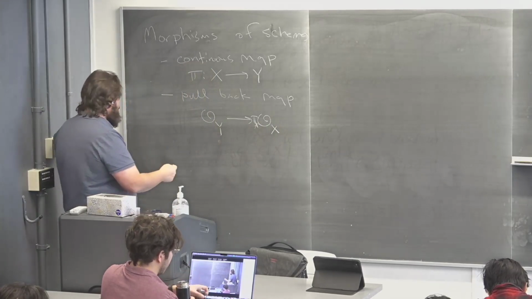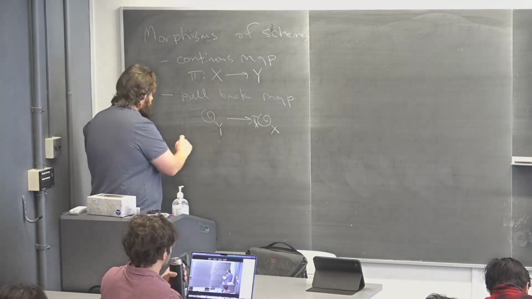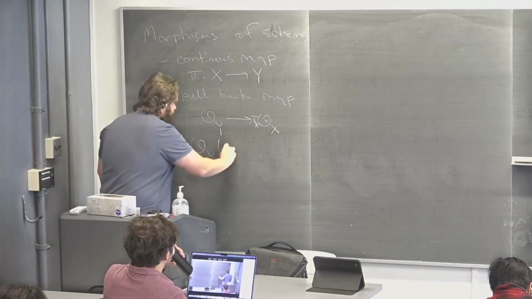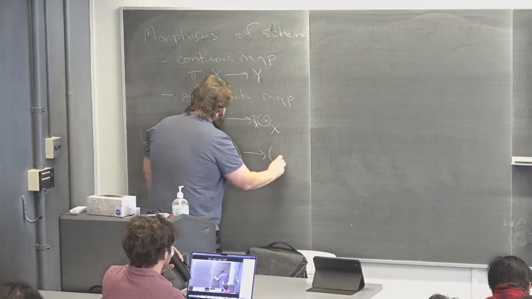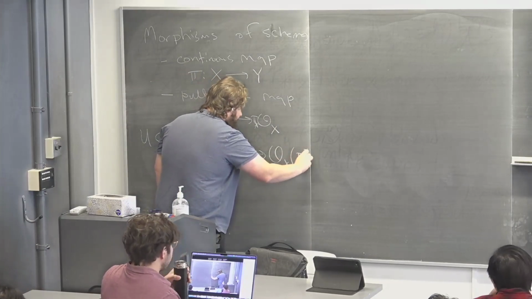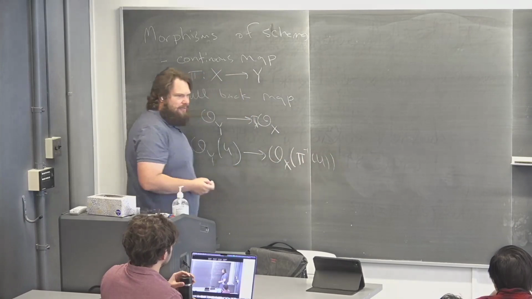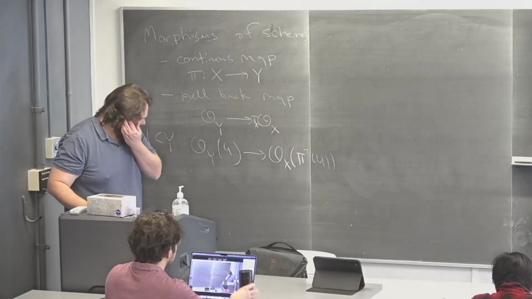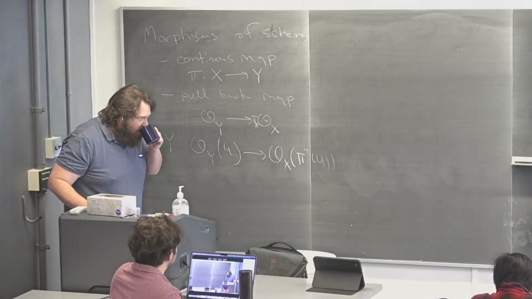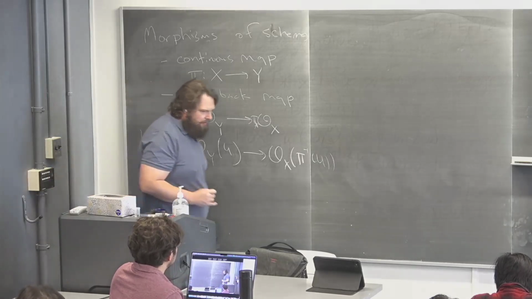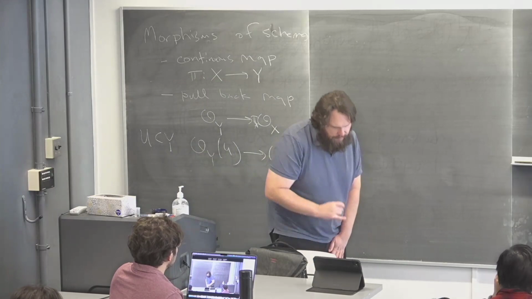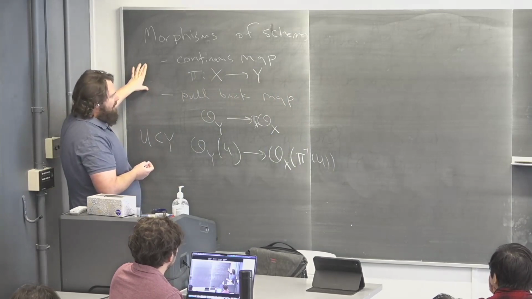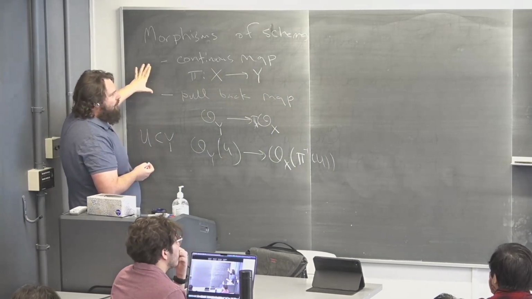This maybe looks a little more natural as a pullback map if you ask what this tells me on each open set. If I have an open subset U of Y, I get a map from functions on U on Y to functions on X of pi inverse of U. And that is indeed what a pullback map would do. It would turn a function on Y into a function on X. But then we need an extra condition on this. So this would be a morphism of ringed spaces, but we actually want to remember this extra structure